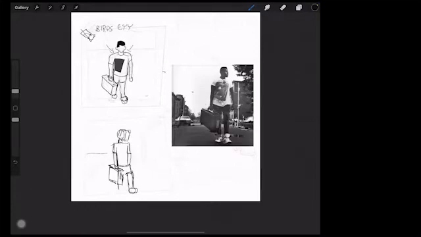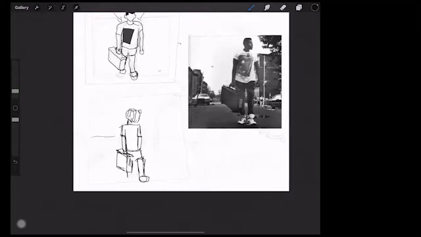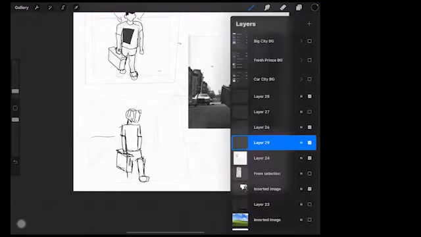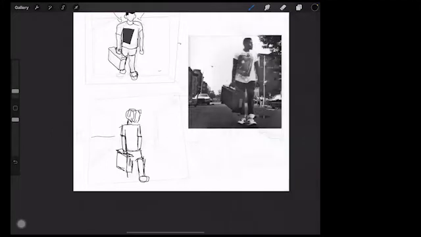His leg. So this is super rough. This is the gesture drawing. You would pretty much,